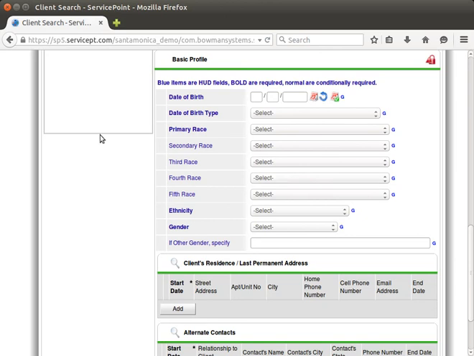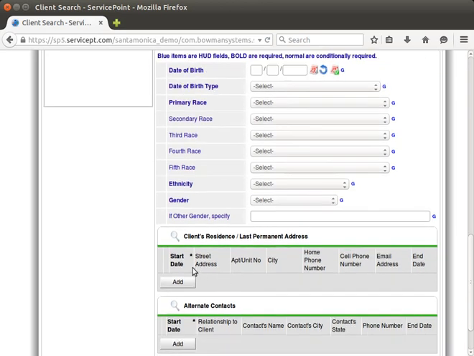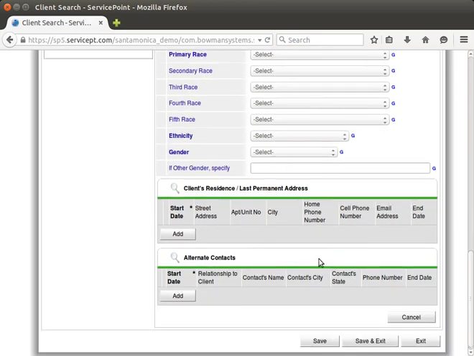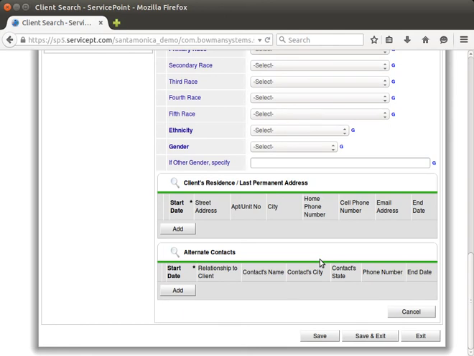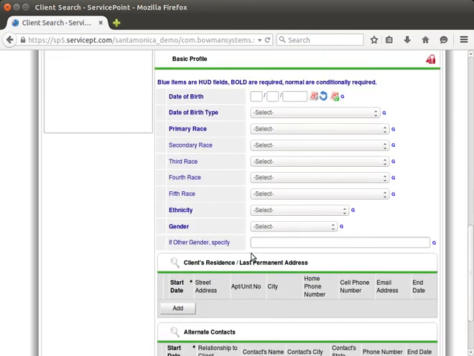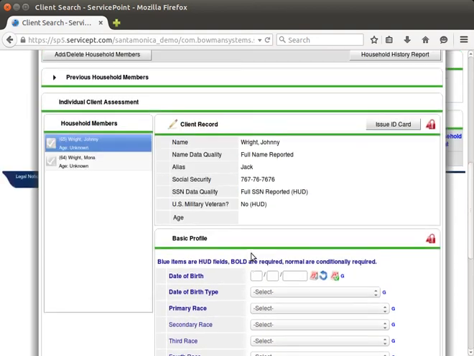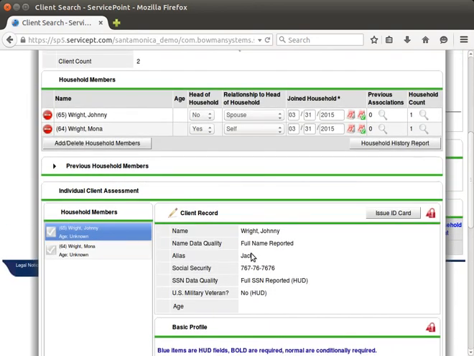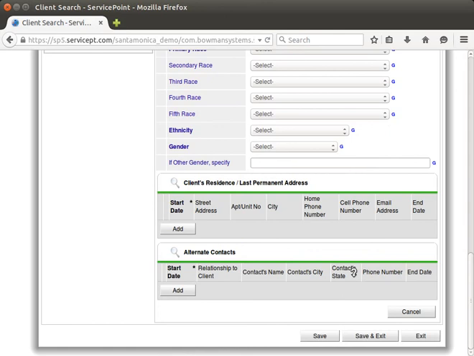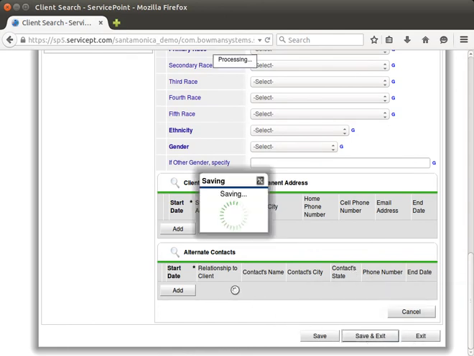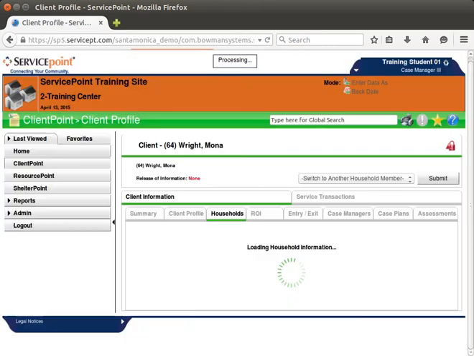Anything that's black and bold and has an asterisk after it, for instance, like the start date here, if you create an item in there, will also be a required field. So you may have some required data that you need to enter at this point. But for the sake of demonstrating how to add a client, add a member to a household, complete a household, set in their start date and the household relationship, that's all we wanted to accomplish in this training. I'm going to save and exit this client, and I'm going to save the rest of the training and